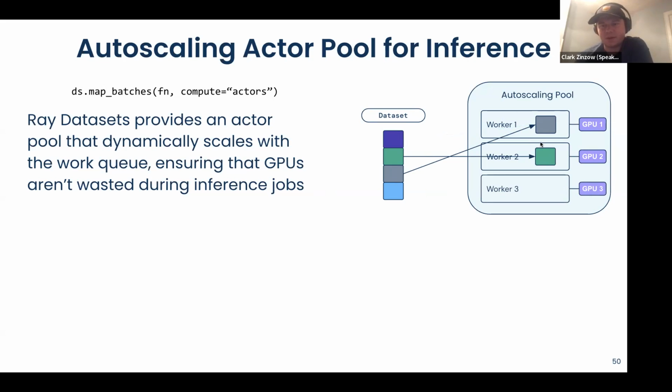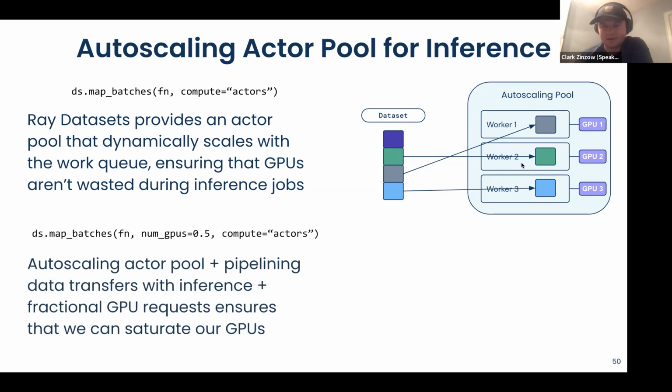And so then we spin up a third worker while the third block is being processed by the first worker, and then the fourth block is sent to the third worker, and we complete the batch inference using that three worker pool.